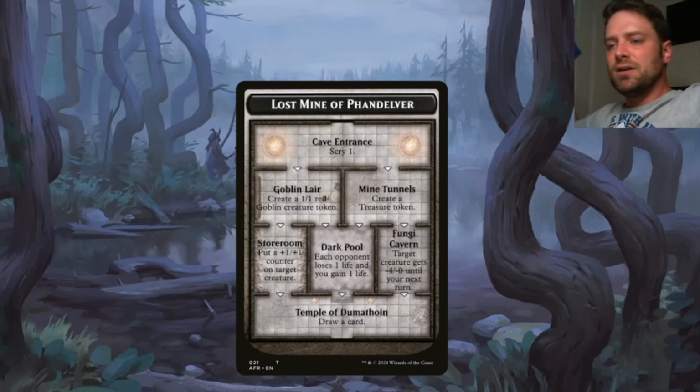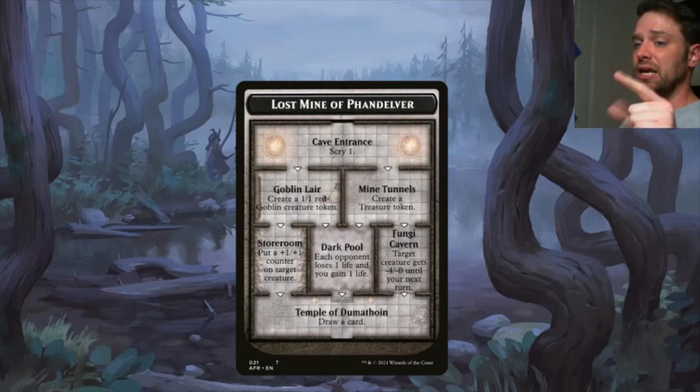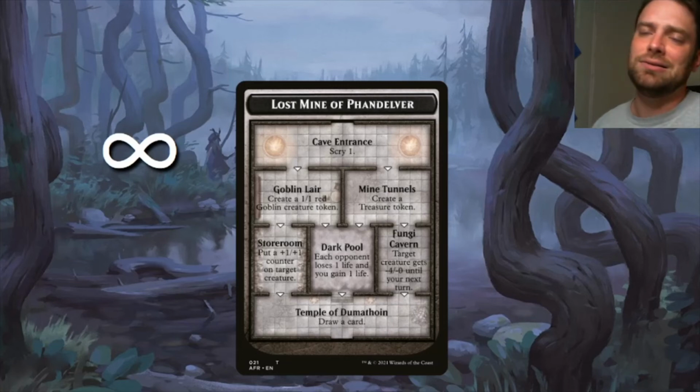Yes! Temple of Dumathoin says draw a card. So this is the part that we can lose from, is if we draw ourselves out, we will die. So only do like 40 points of damage to your opponents. That'll be plenty. And get 40 treasure tokens and then cast everything. Now, we're going to cast Rooftop Storm, then we're going to cast Asarurak over and over and over and over and over, and we're going to get basically 40